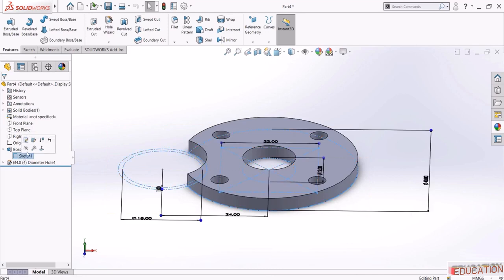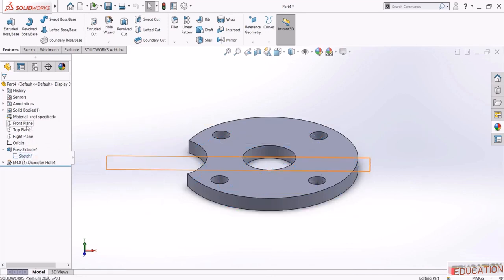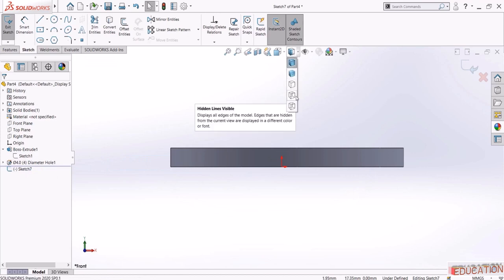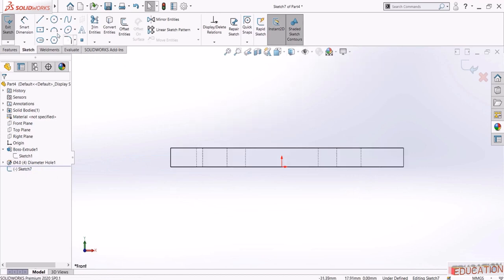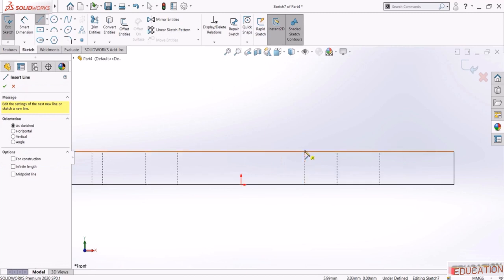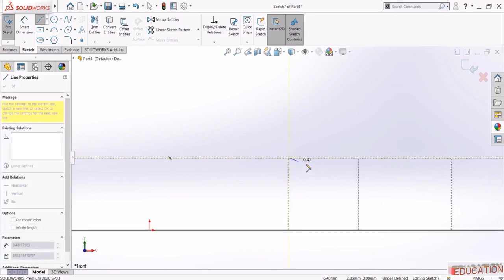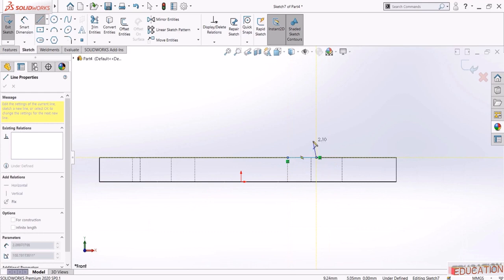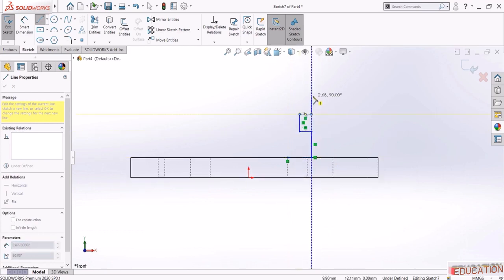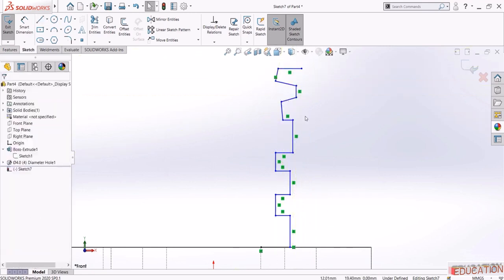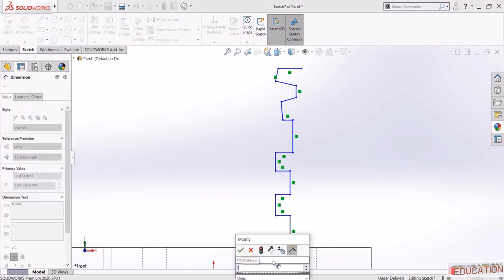Now, let's hide this sketch, and this time select the front, and switch the view to Hidden Lines Visible. Then pick a line. Let's snap to this point here. And let's draw the following. Now I want this to be 5.5,